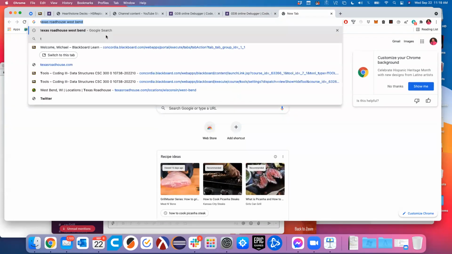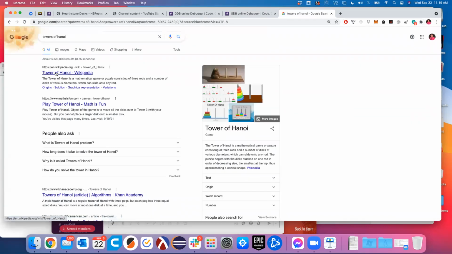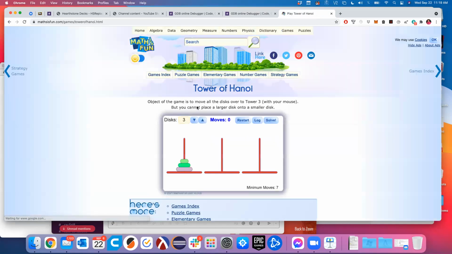I'm going to go back to our Towers of Hanoi. We want to try to create a representation in C++ of this game. So what I want us to do is visualize that each of these towers, so the rules of our goal of Towers of Hanoi is to get these disks over to this far right tower in the same order as they are here, because Tower of Hanoi has rules that say a